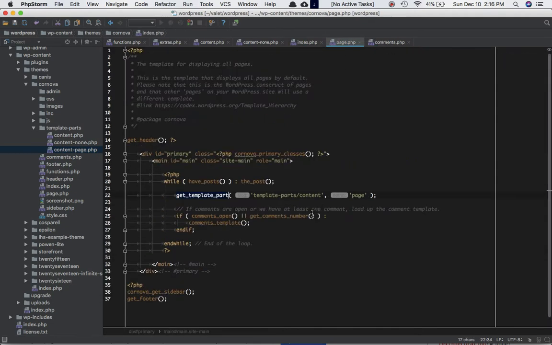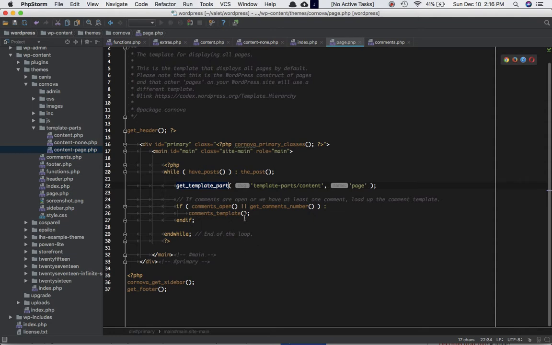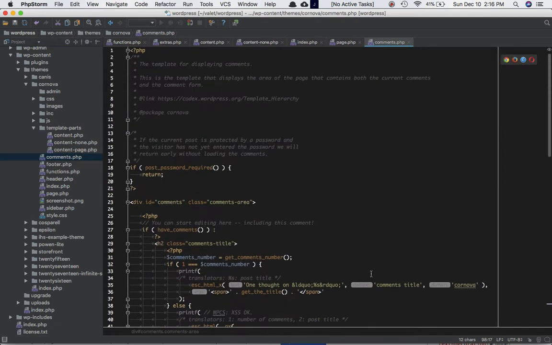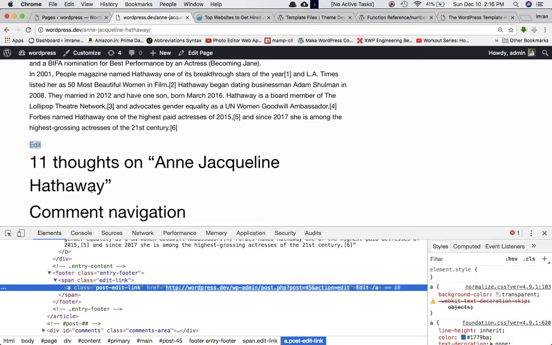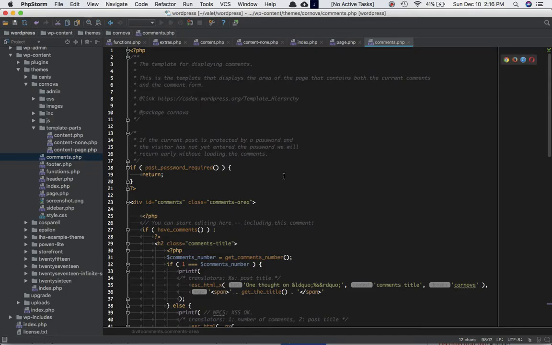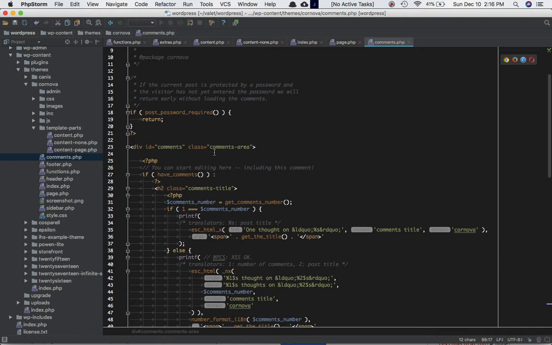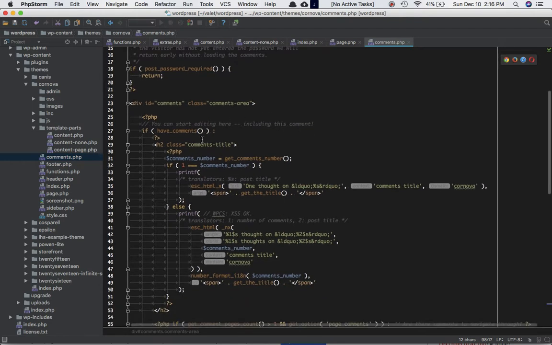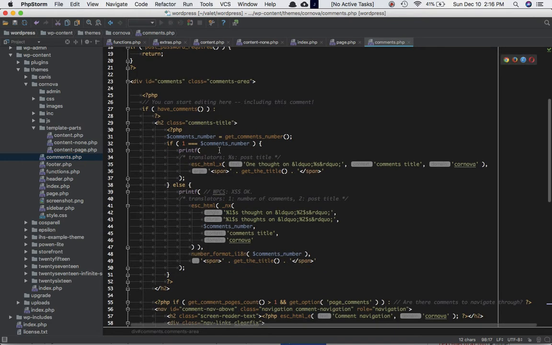We come back to the page.php, and the next thing we had was the comment template function. Comment template function, as we discussed, is going to include the comments.php. So the rest of the code that you can see at the bottom below edit is coming from the comments.php because of the comment template function call. And over here we have the